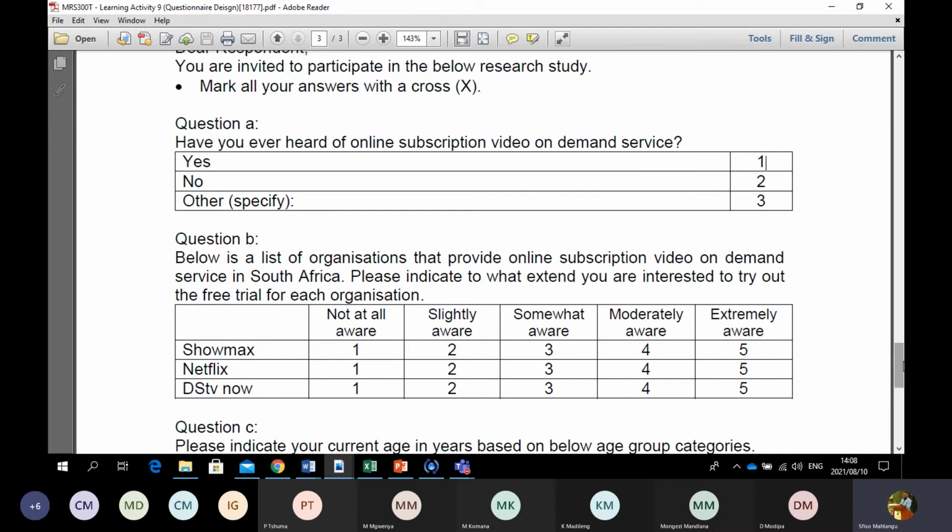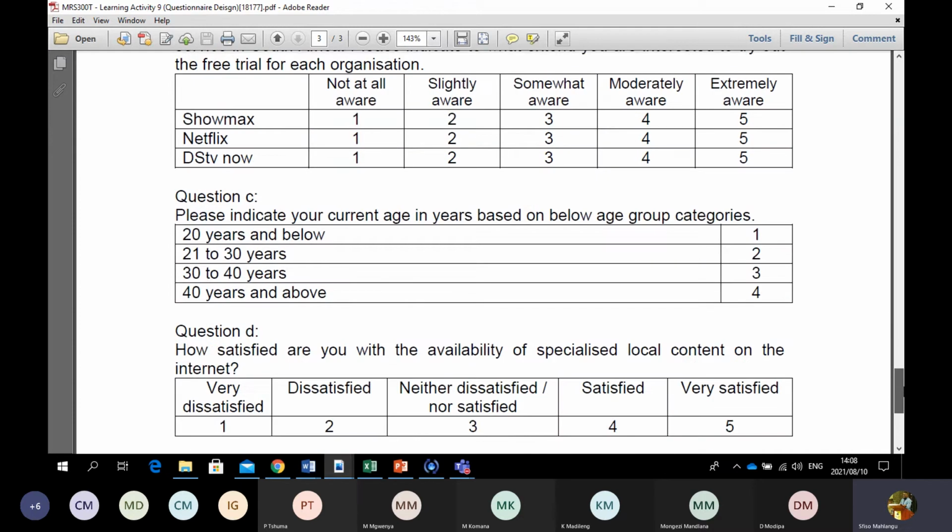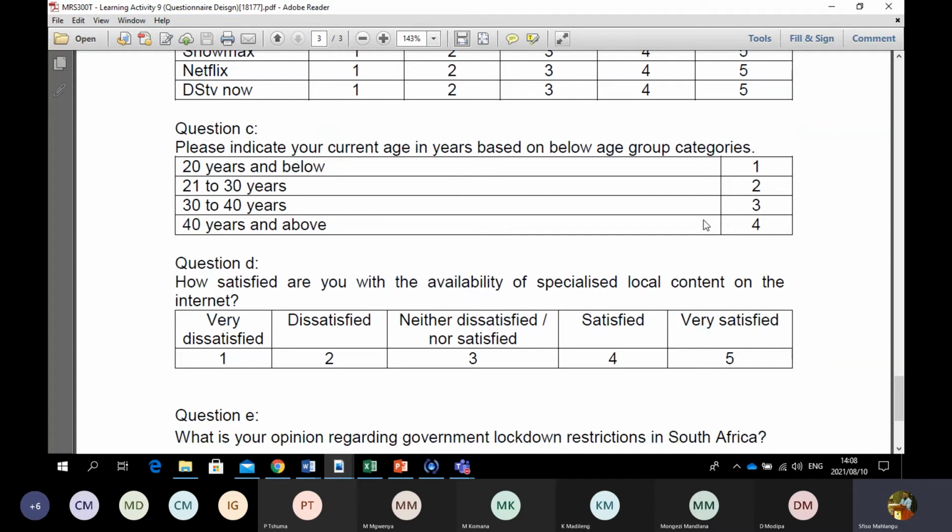Let's use another example quickly here. Another example that we have will be this question. And in this question, you've got, please indicate your current age in years based on the below age group categories. 20 years, we give that number 1. So if I'm 19 years, I will circle number 1. Or if I'm more than 40 years, I will circle number 4. So this number that we have here, the level of measurement is asking,